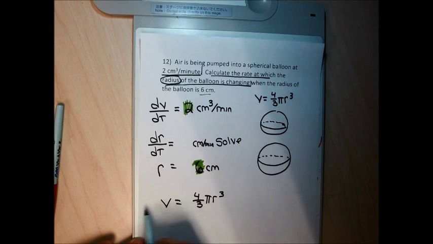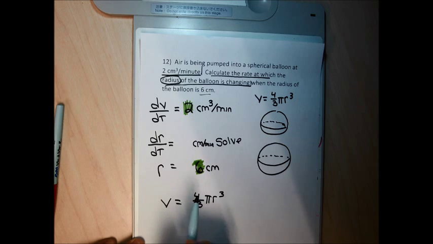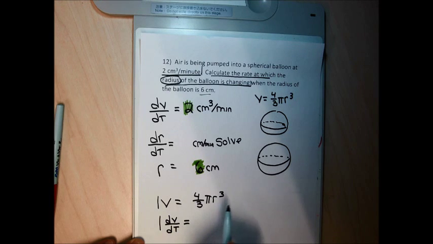So I'm going to take the derivative of this volume equation. The derivative of v, because it's a first power term, its derivative is its coefficient. Its coefficient is 1, so the derivative of v is just 1. I need to emphasize I'm taking the derivative of v with respect to t, so I tack on a dv dt. On the right side, to take this derivative, I just multiply the 3 by the 4/3